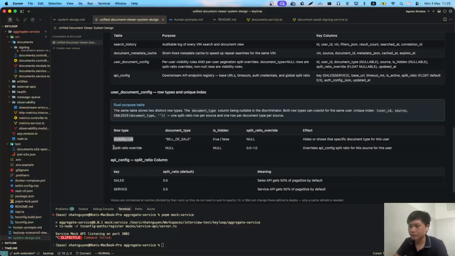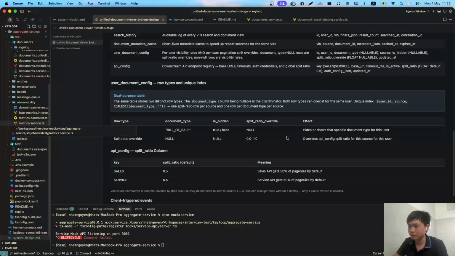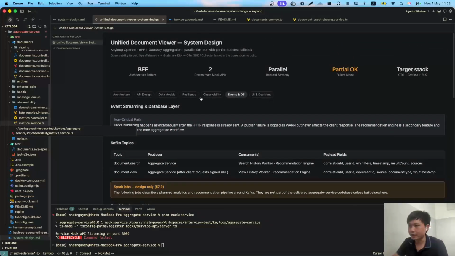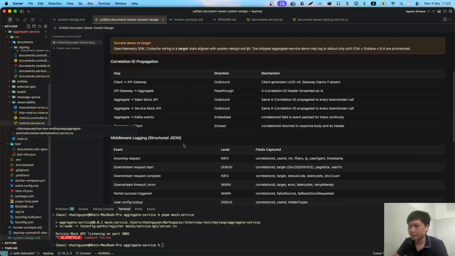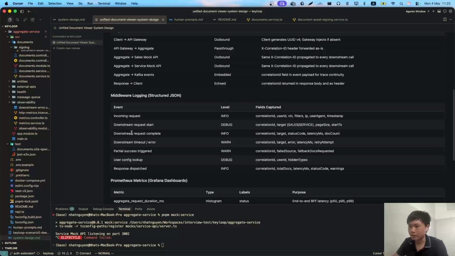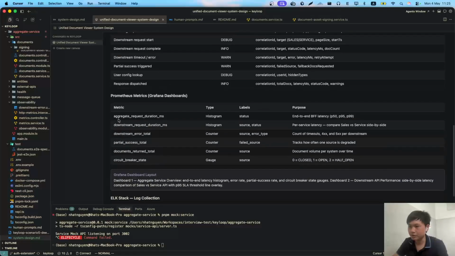We also have a split ratio, which defines the preferred source of documents for a specific user. And I have some observability, which includes logging about validation and partial success, and some metrics